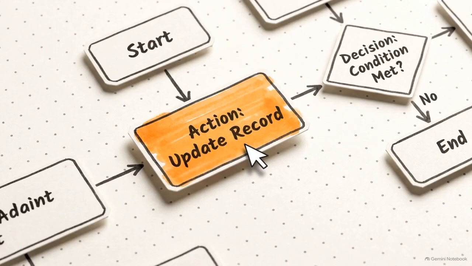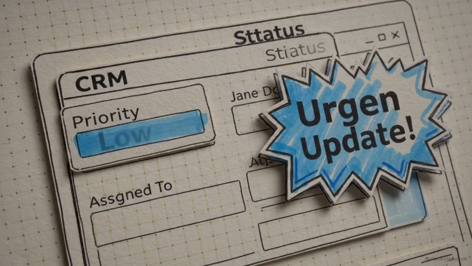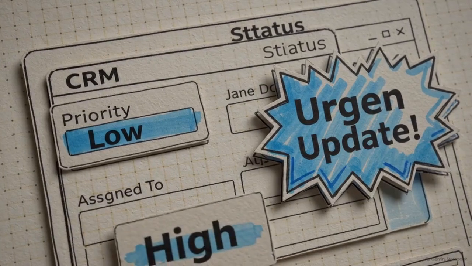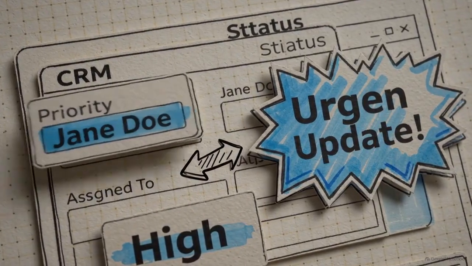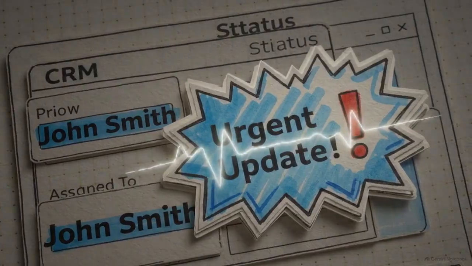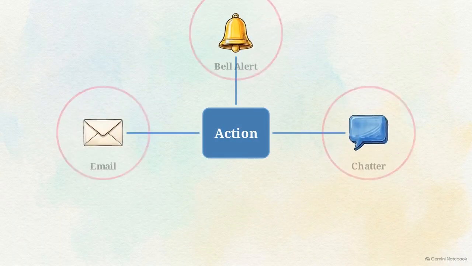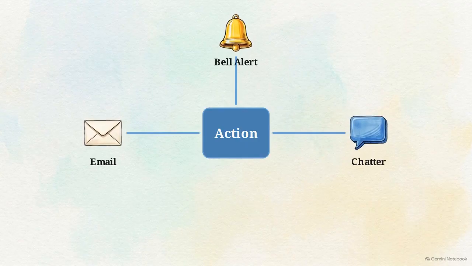The final layer of the flow is the action. This is where the engine executes the digital labor decided by the logic. In a high-priority case scenario, the action elements move instantly. The flow finds the assigned manager and modifies the record to reflect the new urgency. Simultaneously, the system triggers 3 distinct communications. It sends a custom email, pushes a bell notification to the user's dashboard, and posts an automated alert directly to